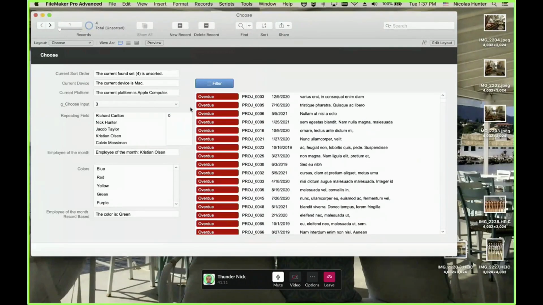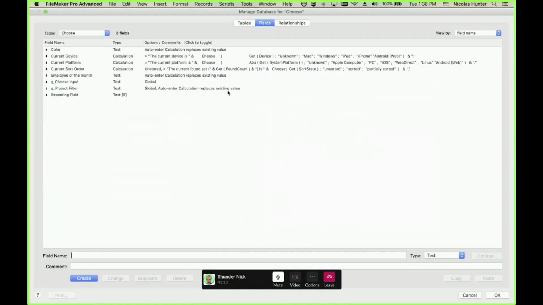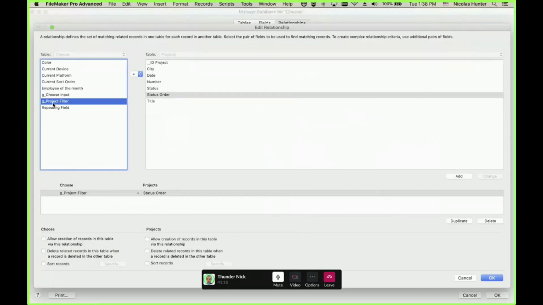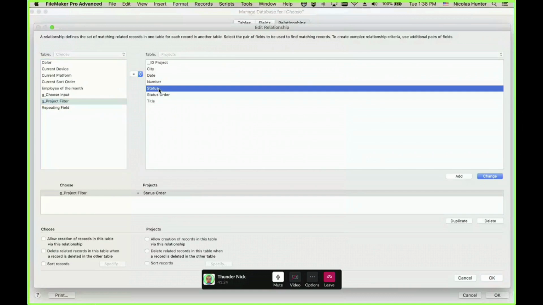By default it's 0. So I have a relationship here, and the global filter is going with the status order, not with the status.